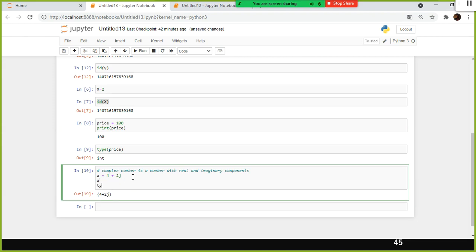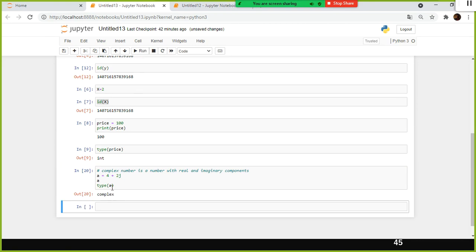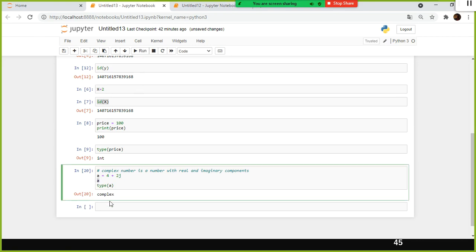Before that, let's use type a. It should show that this variable a is a complex data type. We have 3 lines here, whereas earlier we had only 2 lines. Hence, when I typed just a, it showed me the value stored in the variable a.